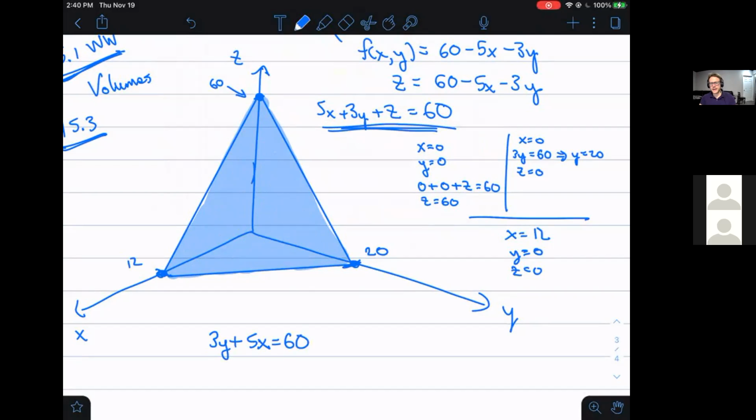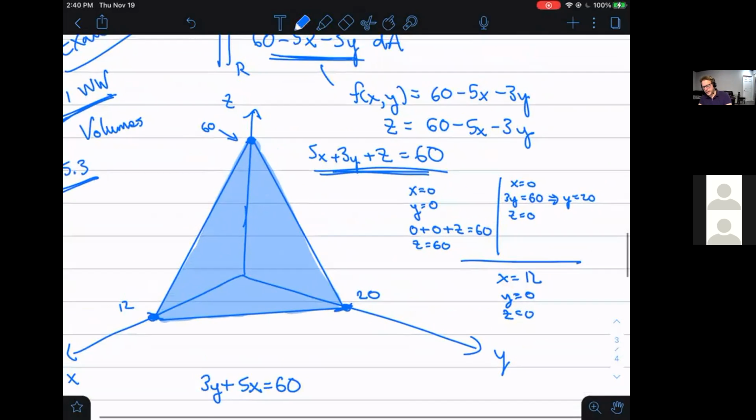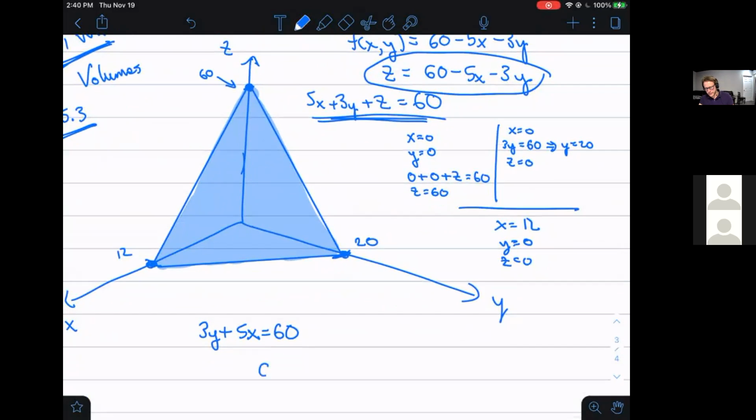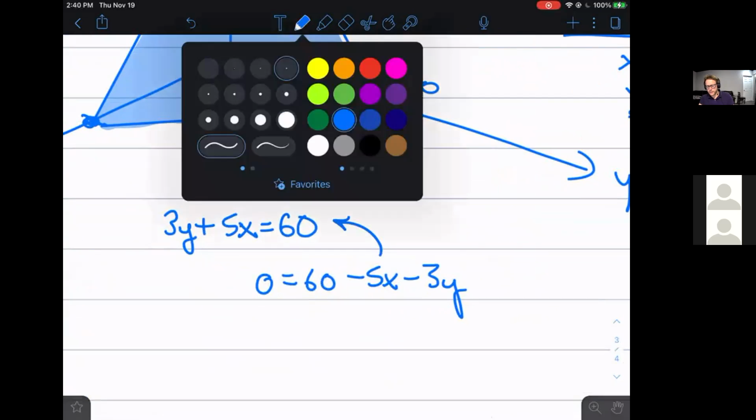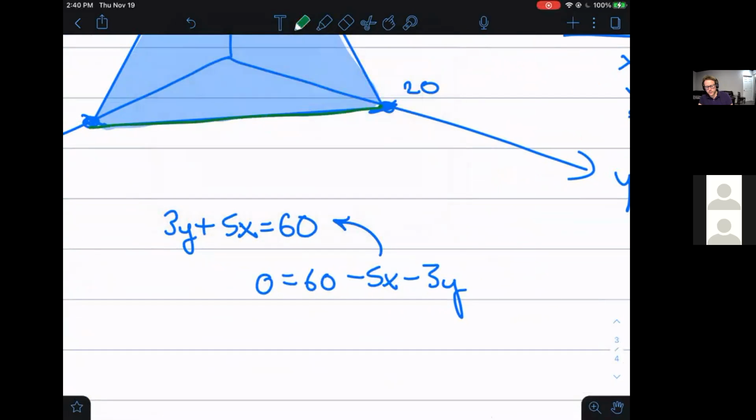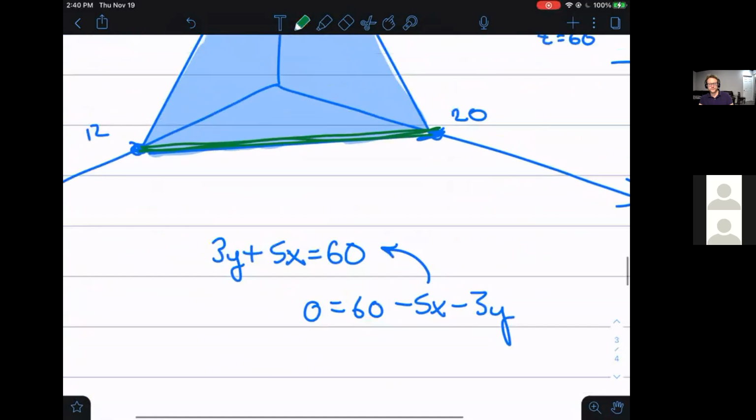Notice this happens to be exactly what we have when we take our equation and we set it equal to 0. Right? So if I take this and I set it equal to 0, I would get 0 is equal to 60 minus 5x minus 3y. And when you add your 5x to the other side and your 3y to the other side, you get exactly this. So that piece of information right there is just saying, right, it's describing this line where this plane intersects